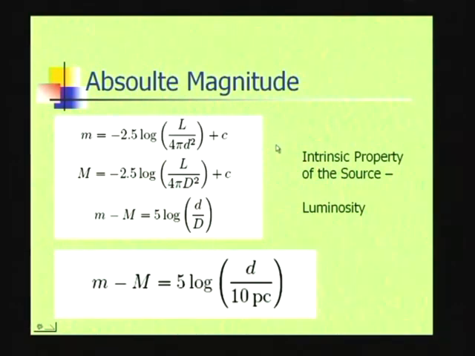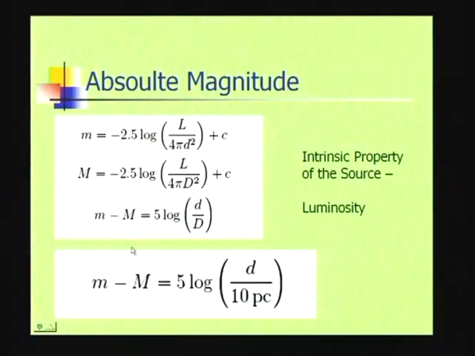The apparent magnitude for a source has two things in it. It has the intrinsic luminosity, it also has the distance. The same source, if I move further and further away, it is going to get fainter and the apparent magnitude is going to increase. Now we want to define something which depends only on the intrinsic property, the luminosity. So this is there in the absolute magnitude. So place the source at a distance of 10 parsecs and calculate the magnitude,